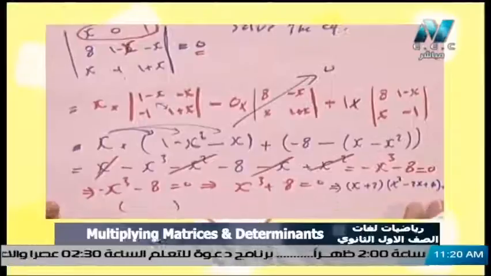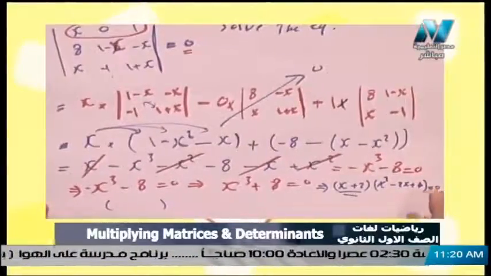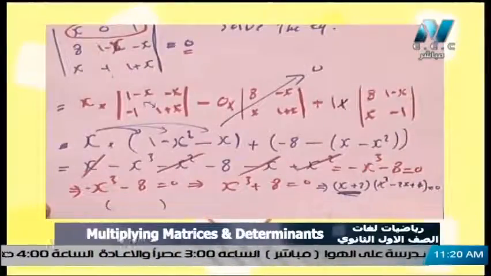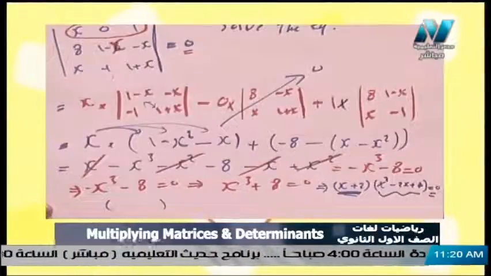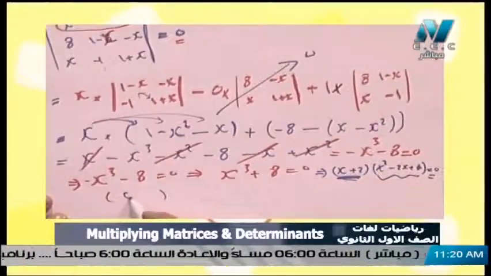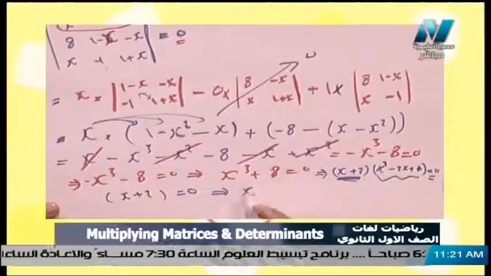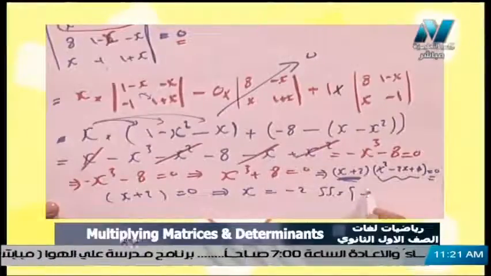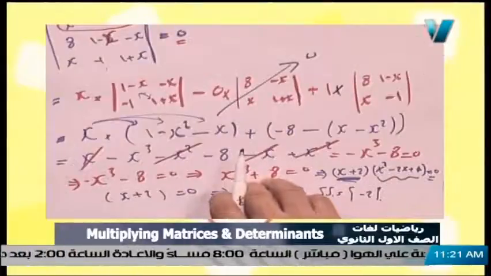Okay. We have here x plus 2 multiplied by this bracket equals 0. We know that this part equals 0, but this part doesn't equal 0 from the previous lessons. And if we have x plus 2 equals 0, so in real numbers x equals negative 2, and the solution set equals negative 2. Okay, we can move to